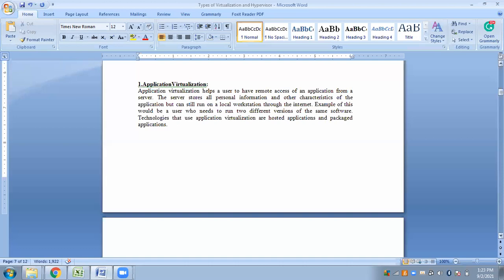It gives the user the idea that it is residing on the user's local workstation. So it is that technology which will allow the user to access and use an application from a separate computer than the one on which the application is installed.